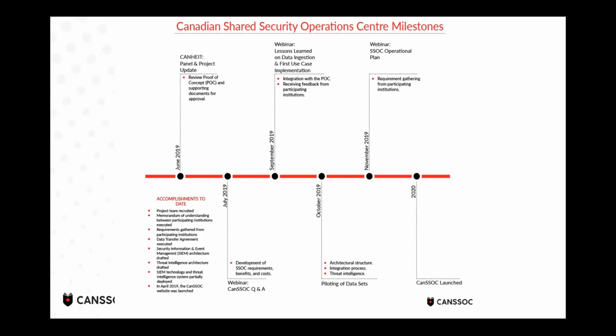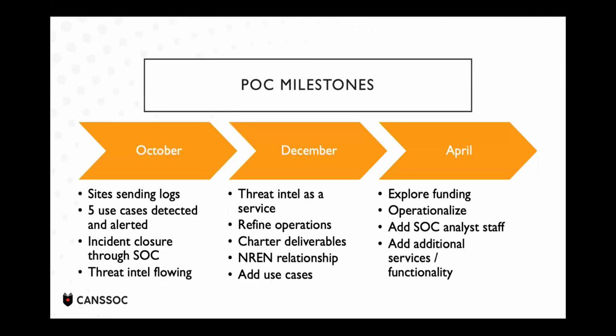Some of the areas that we've looked at are not just incident handling management, but is there a place for threat hunting? Is there a place for actually providing active response with systems? Are there elevated services, like enhancing existing teams, looking for things like advanced persistent threats or other nation state activities, or where is that sweet spot, especially to start early on? We took some time looking at the different models. We took some time getting the agreements in place. And now we're actually working through setting something up.